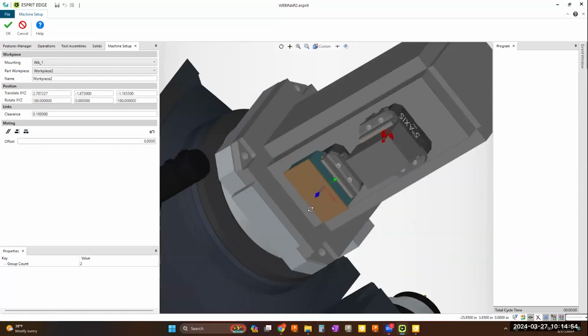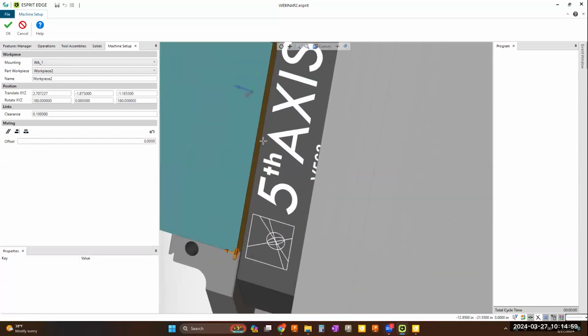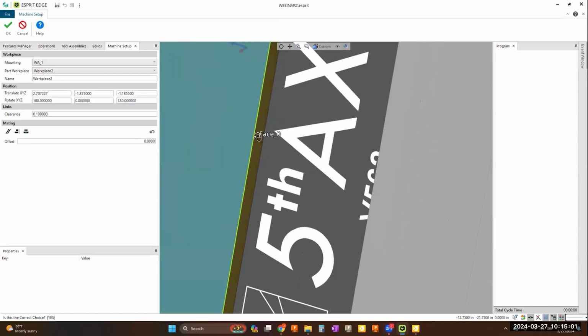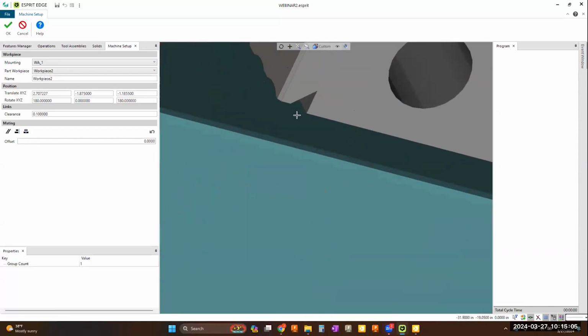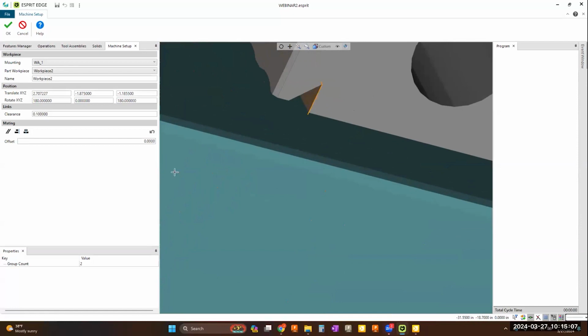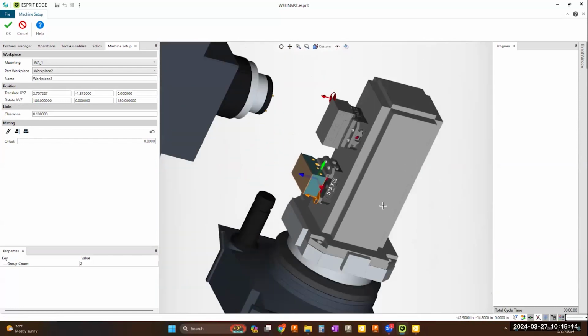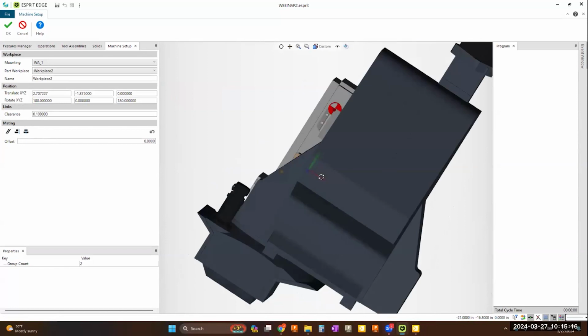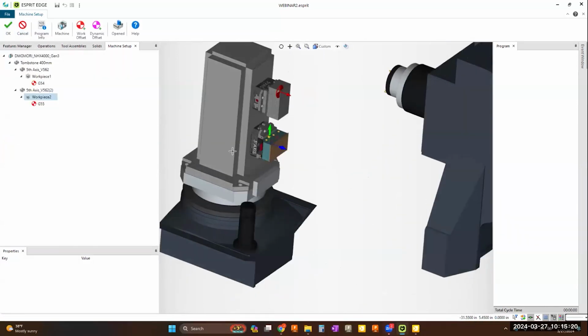And so that flips the part around and centers it on our vise. And then the only thing I have left to do is to get it aligned in Z. So basically move it to the top of the jaws. And that's going to be with our alignment mating right here. So now that we have the parts in there properly, if we wanted to, I'm gonna hit OK to this,